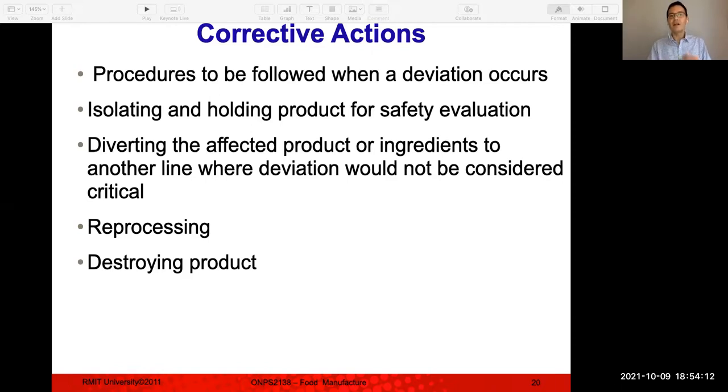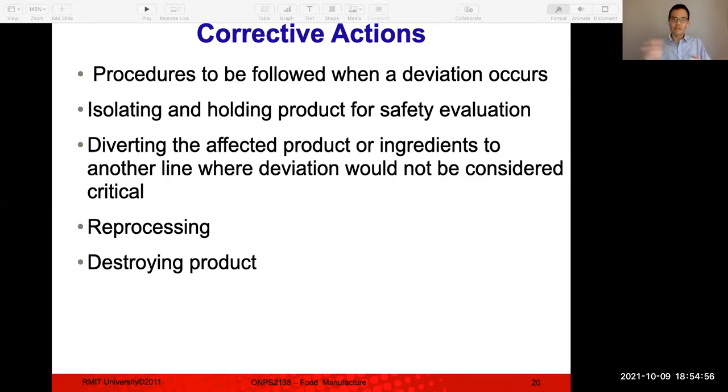These are procedures that need to be followed when a deviation occurs. So we need to isolate, hold the product for safety evaluation, because the critical limit of 72 degrees for 15 seconds is the temperature that, theoretically, eliminates pathogens from milk. But if it drops down to 71 degrees, it could actually enable some to survive. That's why we need to isolate, hold the product, do some micro testing, and ensure that it is actually safe, or actually discard the product. We also need to divert the affected product or ingredients to another line where the deviation would not be considered